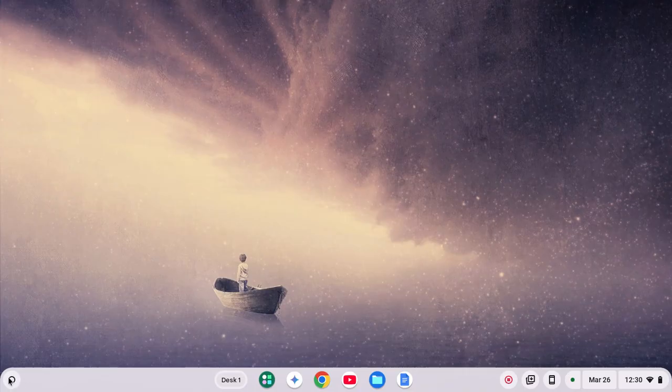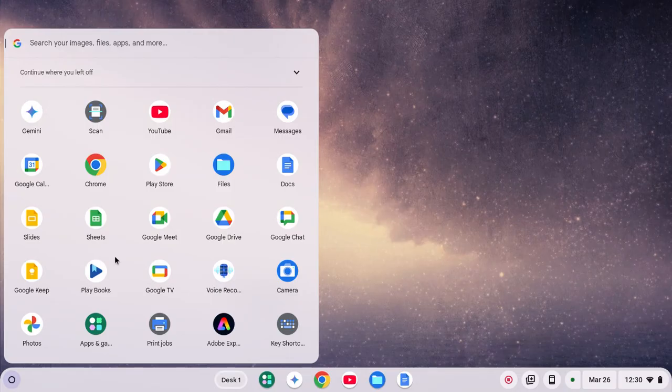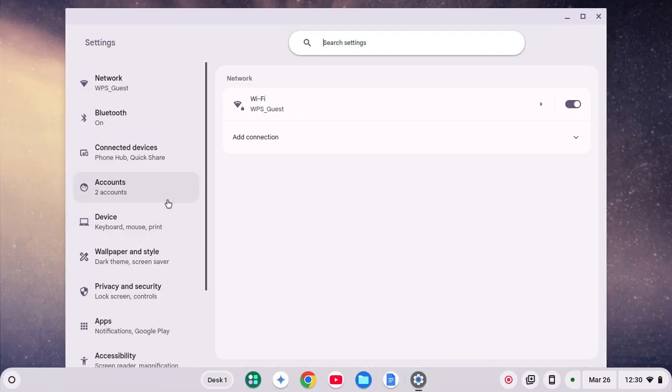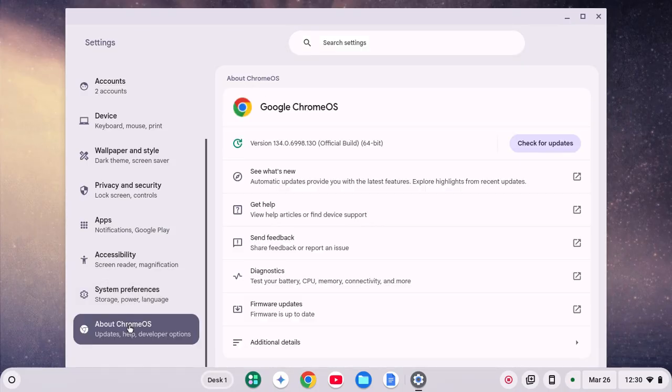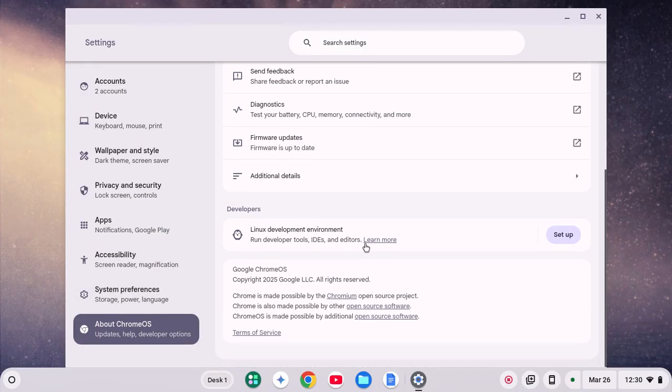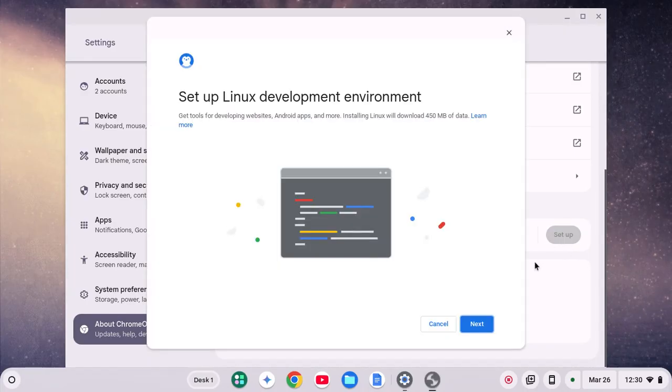So I'm going to go over here to this little circle on the left, which is your launcher. Click on that. I'll go on down to Settings, and I want to go on down to About Chrome OS. From there I can scroll on down and we have this Linux development environment, which you can click Setup and